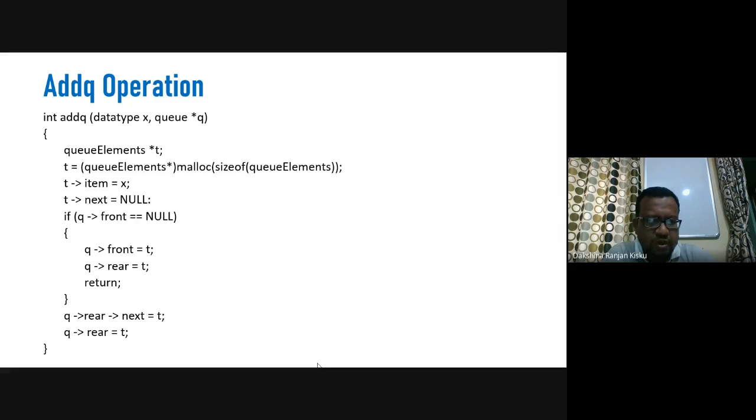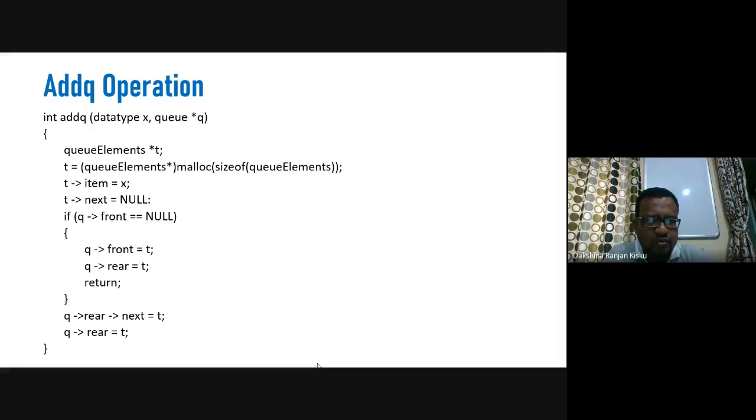By checking queue front equals null, if the queue front is found to be null, then we make queue front equals t and queue rear equals t. That means the new node which has been created will be pointed to by both the front pointer and the rear pointer.